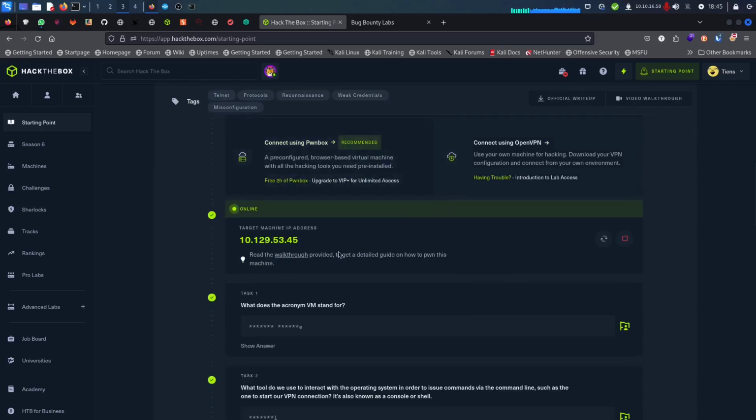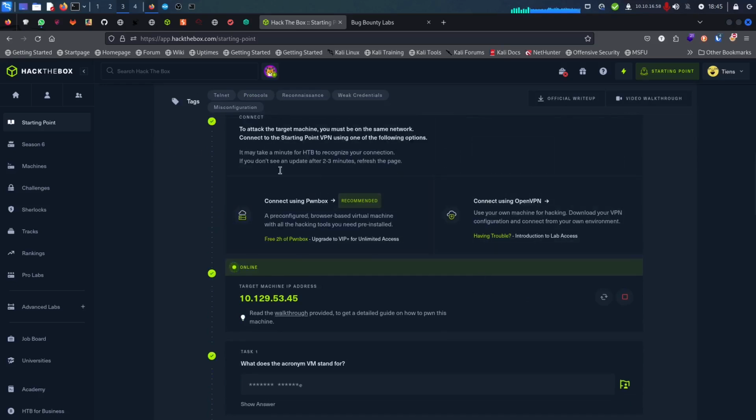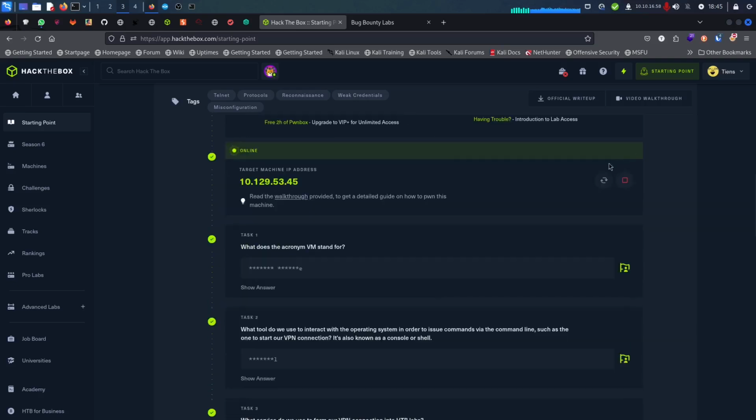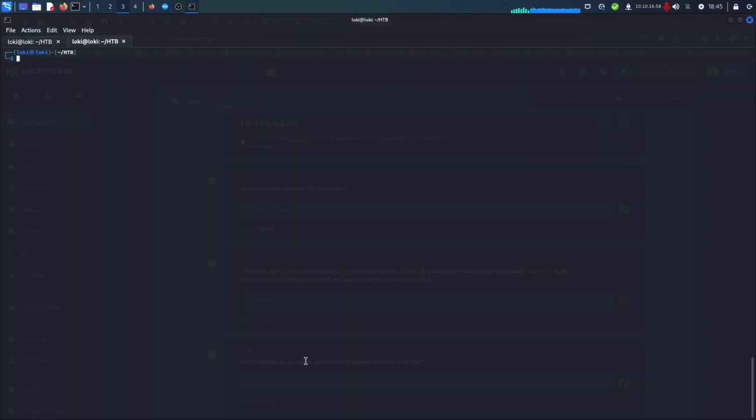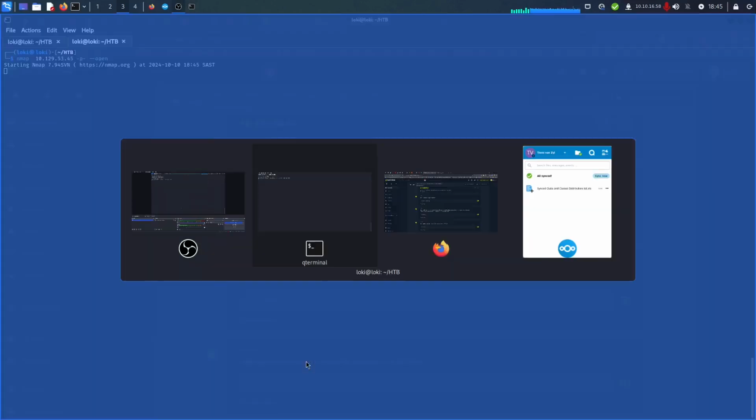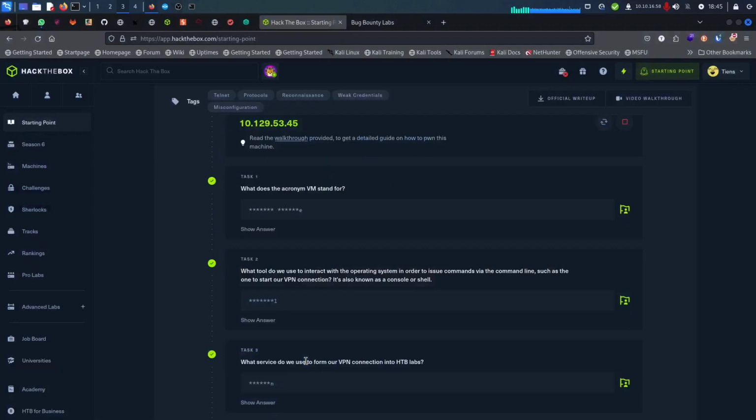So first thing I'm going to do is connect with your VPN on ActorBox. If you don't know how to, they actually show you how to do it. Just read up on it. Spin up the box, and this is the IP. So I just want to copy that. First thing I always do is just do Nmap. You can see there, ports and open. See what open ports we get. Then let's walk through